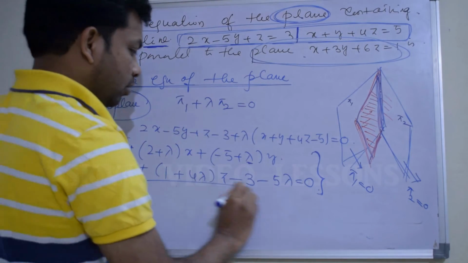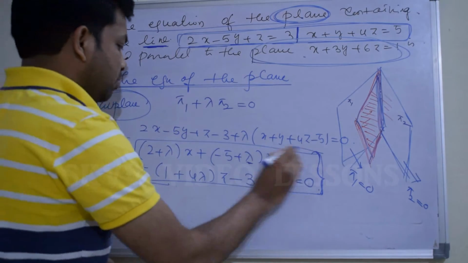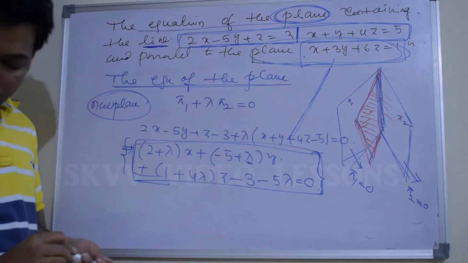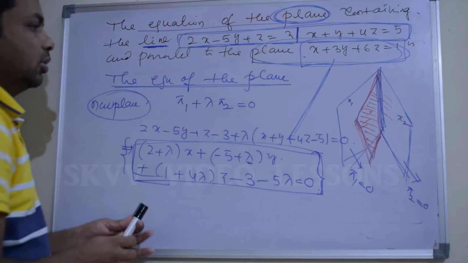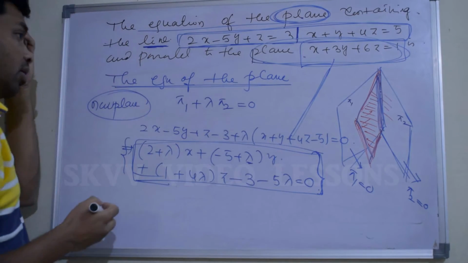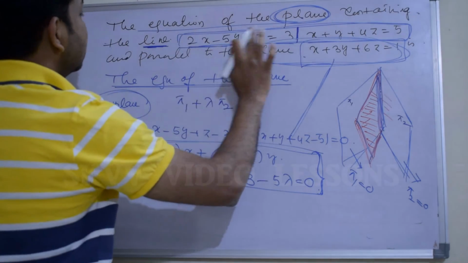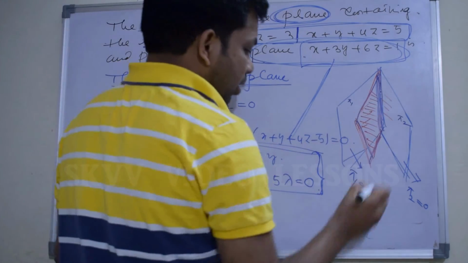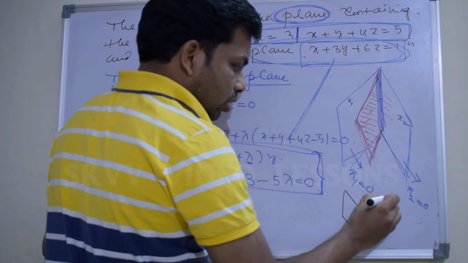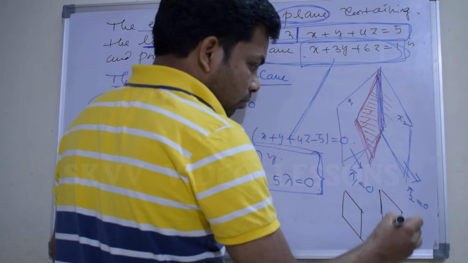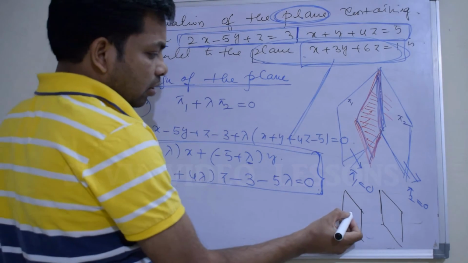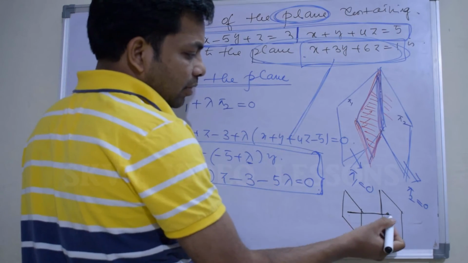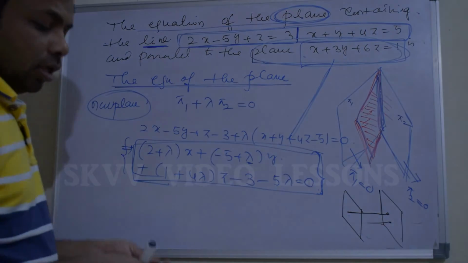This is the required plane, and this plane is parallel to this plane. So these two planes are parallel. What is the meaning of this? If two planes are parallel, what happens? The equation of the plane containing this line and parallel to this plane. So see there, if two planes are parallel, one plane is here like this, the other plane is like this. These two planes are parallel, then their normals are parallel. The normal of this and the normal of this, they are parallel. So